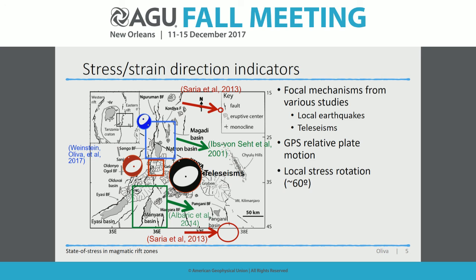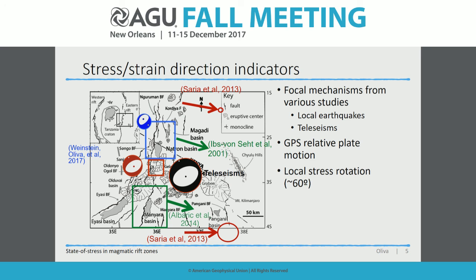And this red one is the summed focal mechanisms from the local array as recorded by Crafty Colibria in 2013 to 2014. Both of them agree and show roughly north-northwest extension,